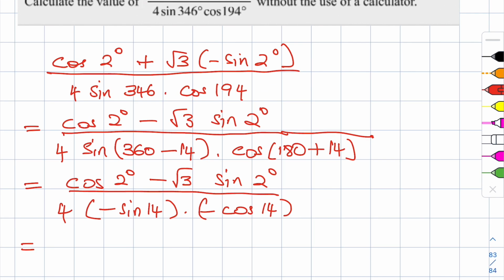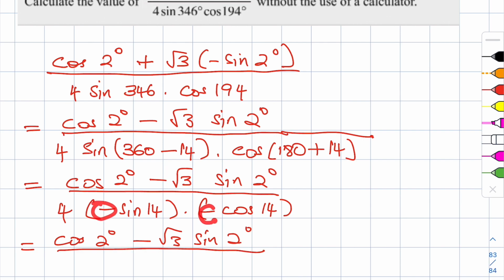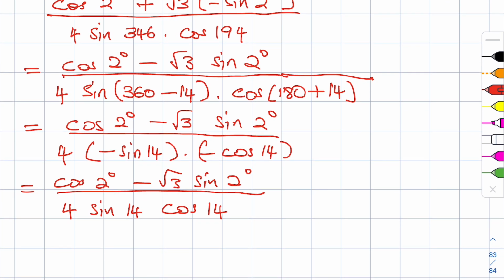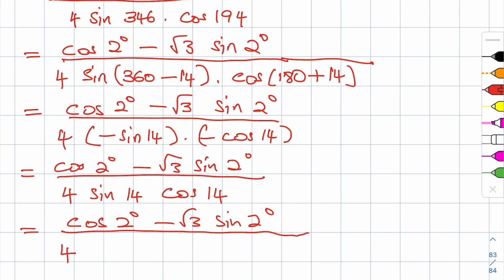Again, we leave this as it is. Cos 2 degrees minus square root of 3 sine 2 degrees. And then now what we're going to do, we multiply the negative and the negative, we get a positive. So you end up with 4 sine 14 cos 14. Then next up, keep the numerator the same. Alright, so it's 4 times, remember I told you that